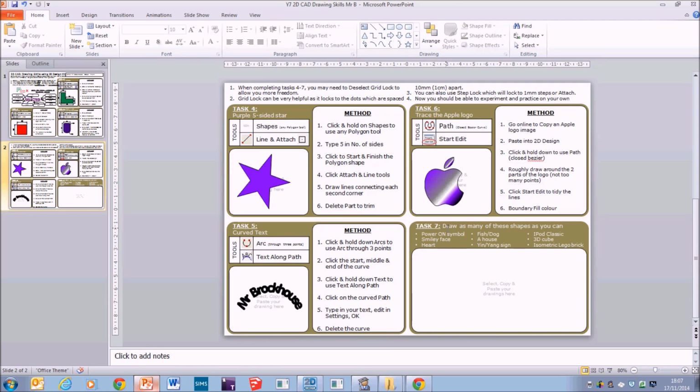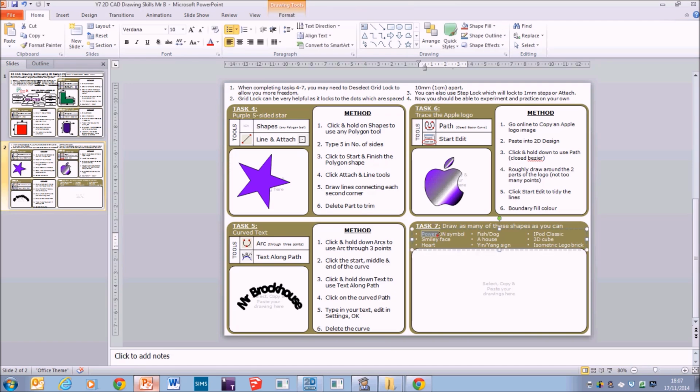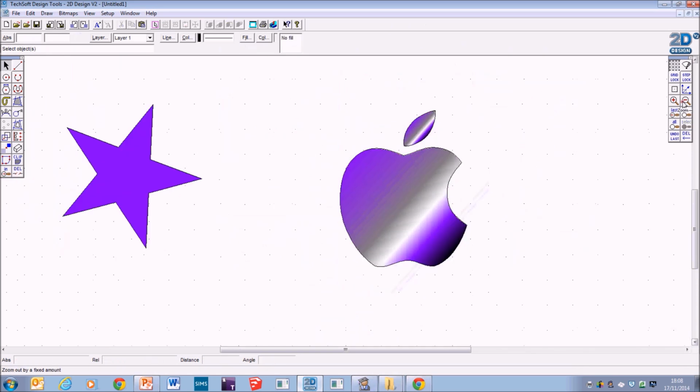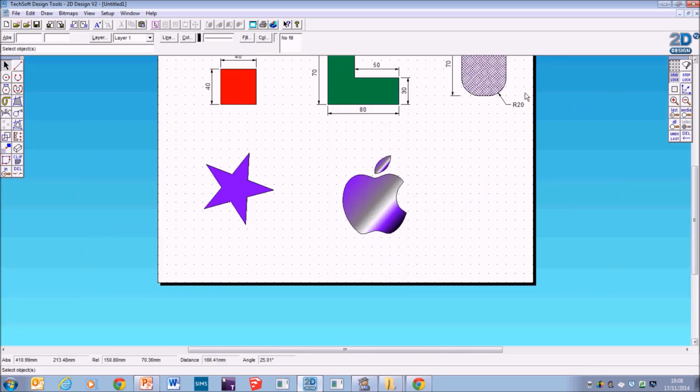Now what you've got to do, now that you've learnt the basics, is have a go at doing some of these. But I will show you very quickly how I can do some of these. Power on symbol is very simple. You put Gridlock on for this and get a circle. And you want 2 circles and 2 rectangles. So there's one circle